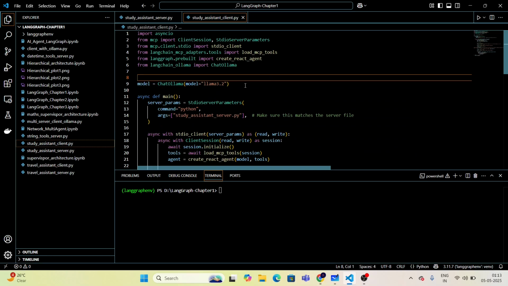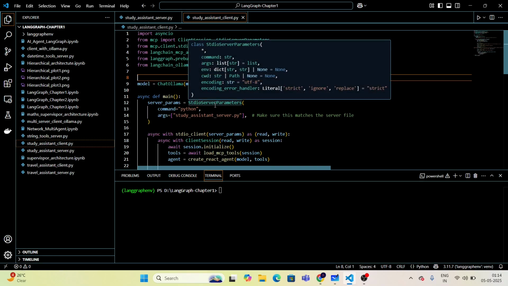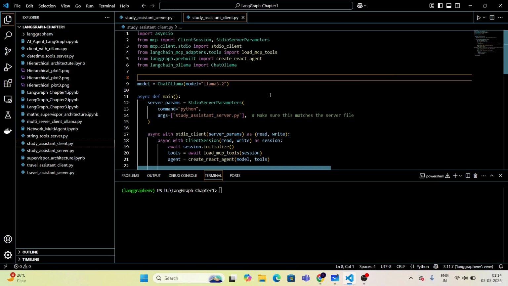I have Ollama already installed on my laptop. So you need to get Ollama on your laptop, and then you need to run ollama pull with this particular model name. This is the command. Once you do this, you'll be able to use this Llama 3.2 model. Let me know in the comment section if you need another tutorial for the steps to set up Ollama locally on your laptop. I can create another video to explain each and every step. But for the time being, we are using Llama 3.2 as the large language model,